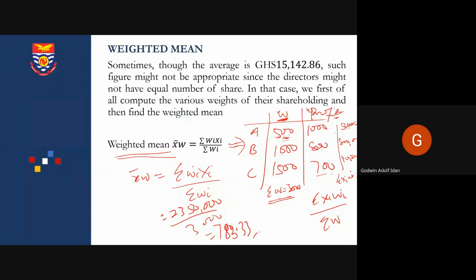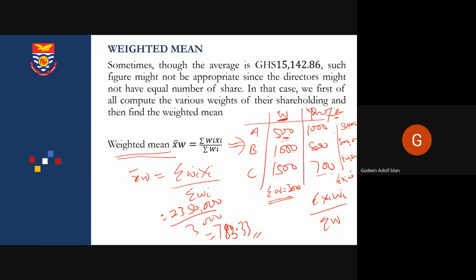Okay, so this is how we get the weighted mean. This is another approach, and the weighted mean is an extension of the arithmetic mean. It explains that sometimes we cannot compute the arithmetic mean, especially when the contributions, shareholdings, or amounts they are investing are not the same. In that case, we will consider the proportions of their investment,